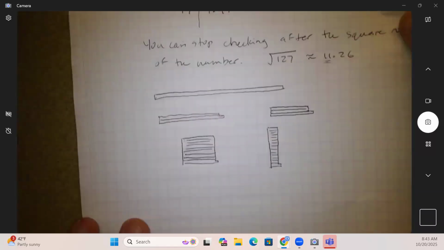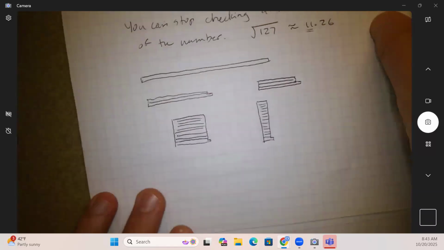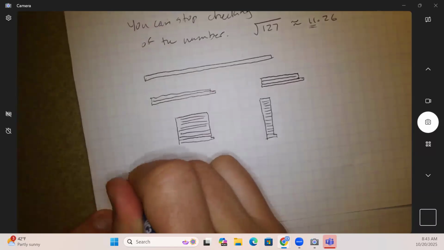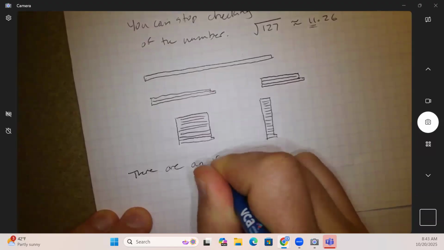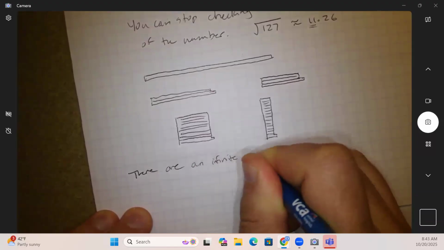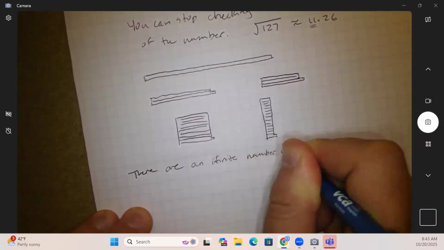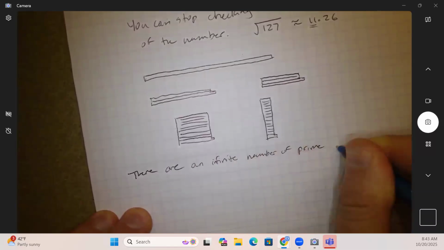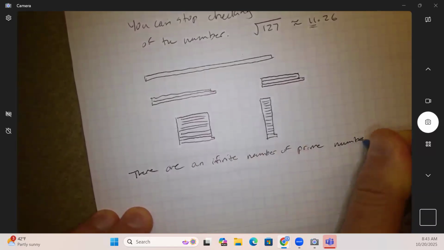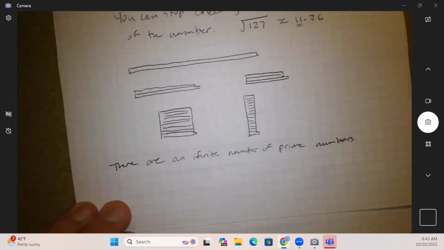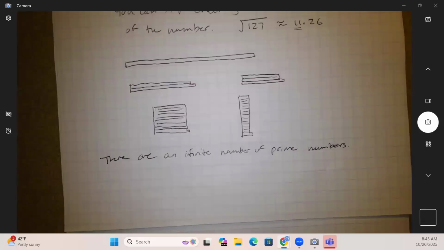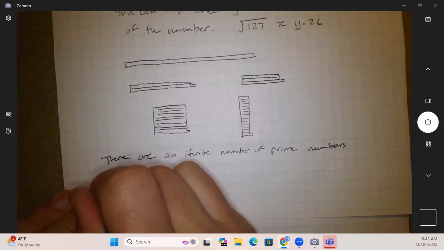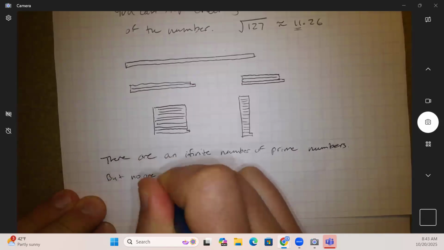Two other cool facts. We're not going to go into this, but just because I think prime numbers are cool. There are an infinite number of prime numbers. There's no such thing as a finite list of the prime numbers. You've got to go forever and ever and ever. You can always find another one, but no one knows